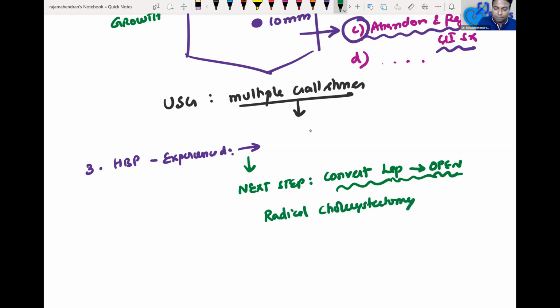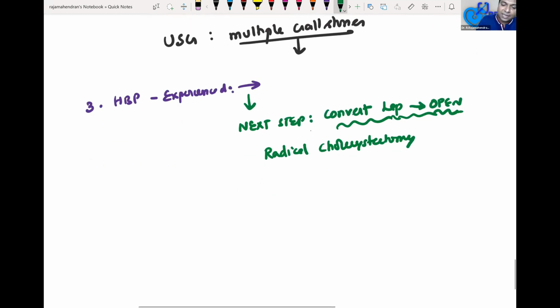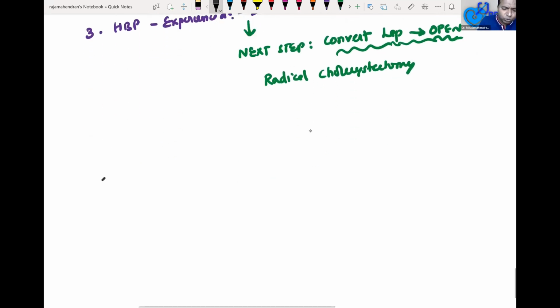This is another important question for the exam. So this is clinical scenario 3. Okay, so clinical scenario question number 4. All these questions are asked in AIIMS and other institute exams. You should never have a doubt at all.